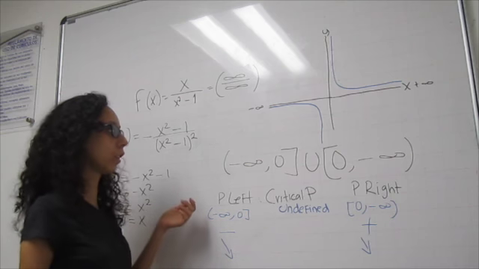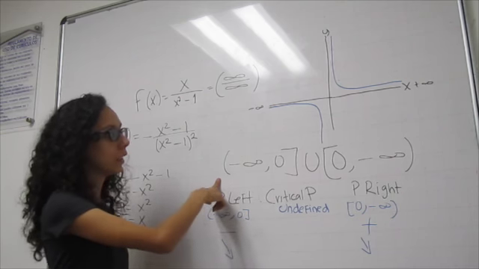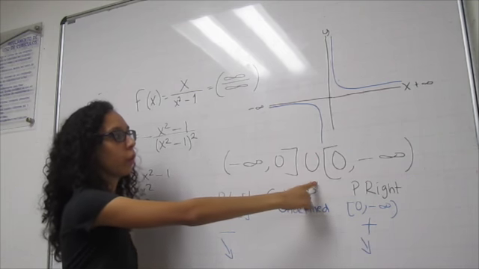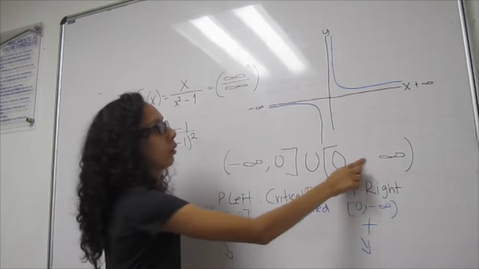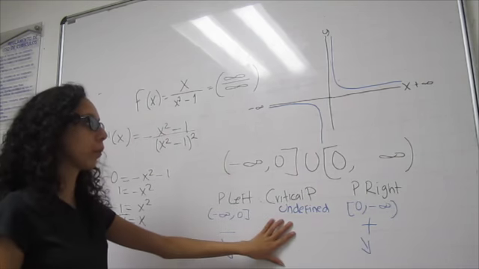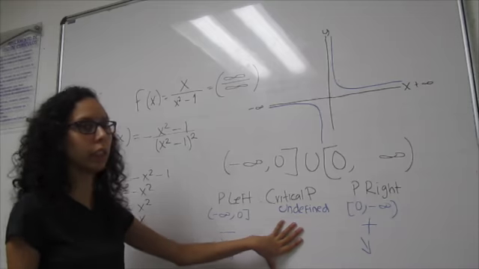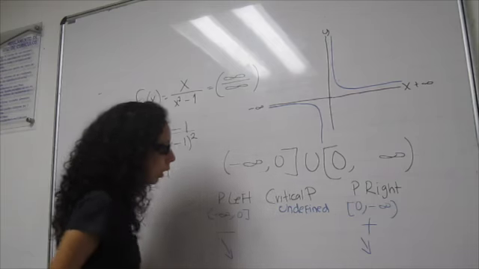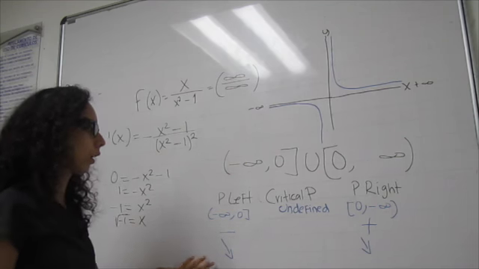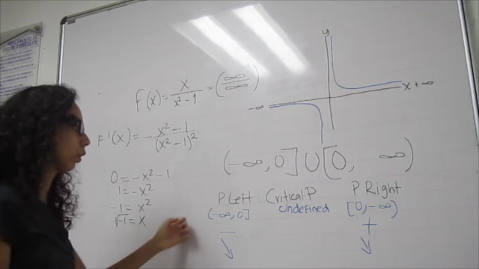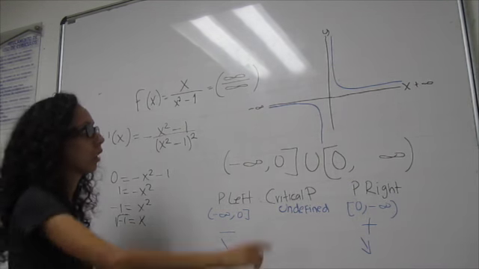So we have two intervals: minus infinity to 0, not included, union with 0, not included, to infinity. So we know that the critical point is undefined, or in this case is 0, because it will never touch. So then we know that the direction of our function, because it goes from left, it goes downward,